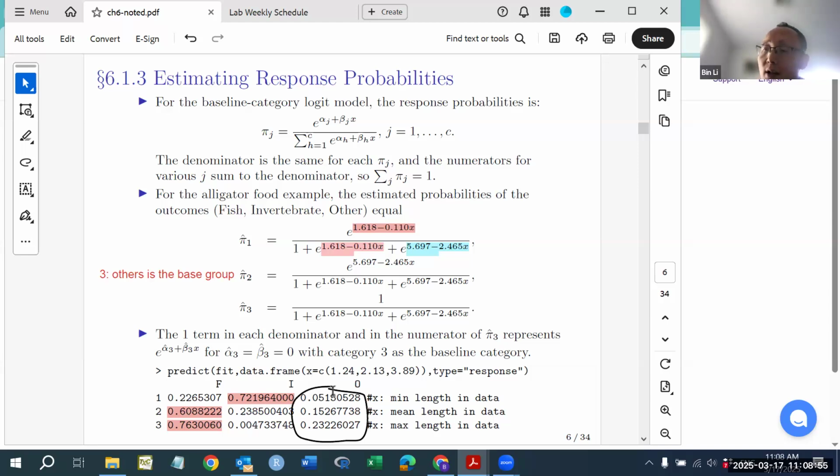So when they are small, they are dominated by the invertebrate. When they're older, fish is the dominant food choice. So that's the interpretation based on the probabilities,